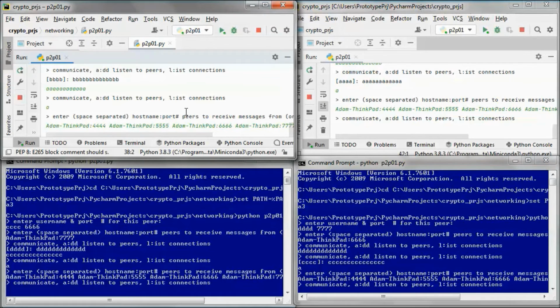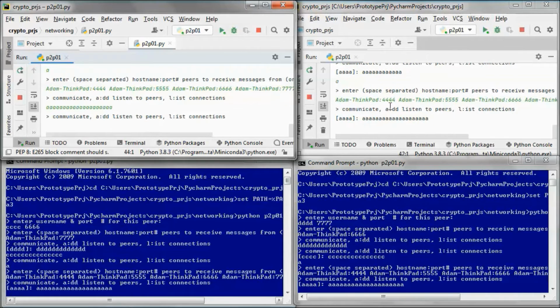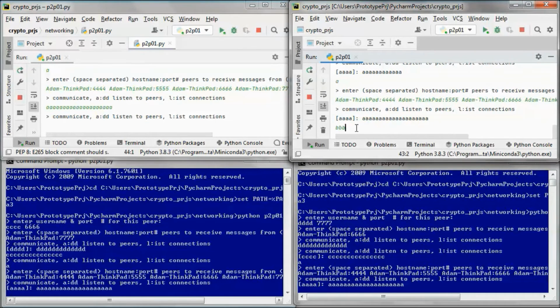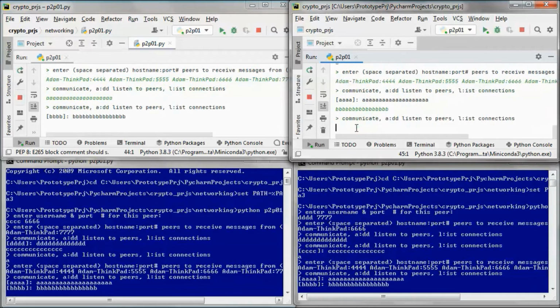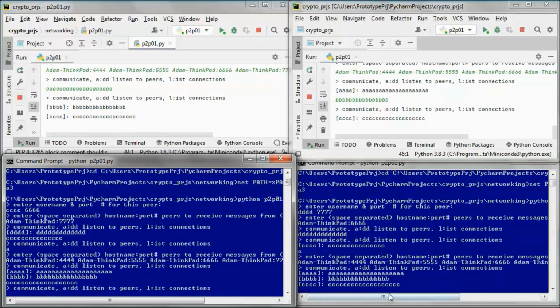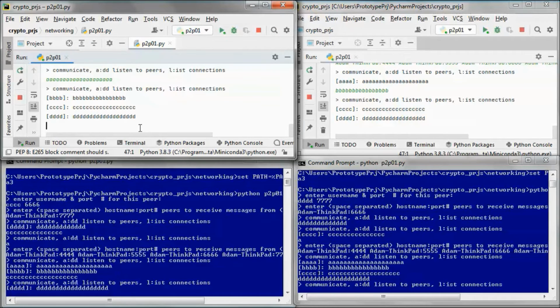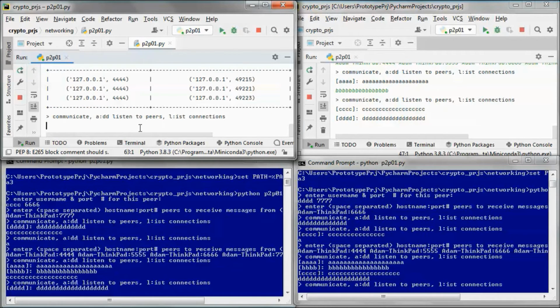So now we can send and receive messages from each one of the peers. And let's list the connections.